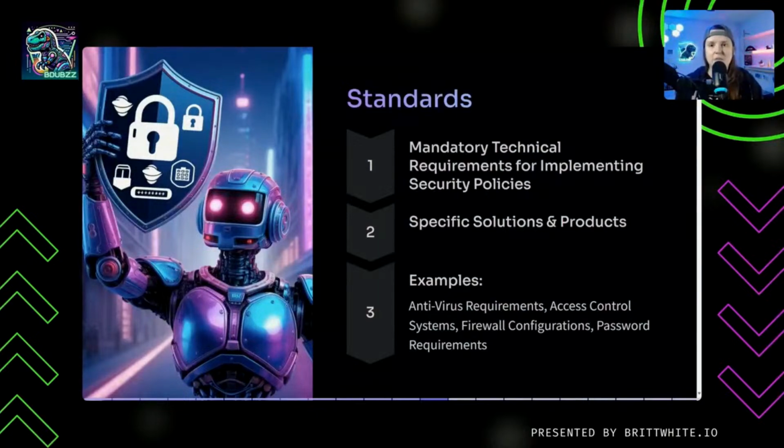Let's think about some examples of standards out in the wild. Specific antivirus software. The standard might say company laptops must run vendor X antivirus. Done deal. Specific access control system. It might be server rooms, physical security. They have to be vendor Y access control with biometric fingerprint readers for entry. Period. A specific firewall system. The perimeter firewall, it has to be from vendor Z, next-gen firewall, configured exactly to the security team's standard configuration